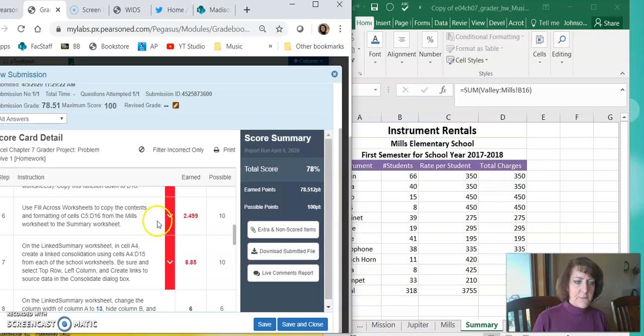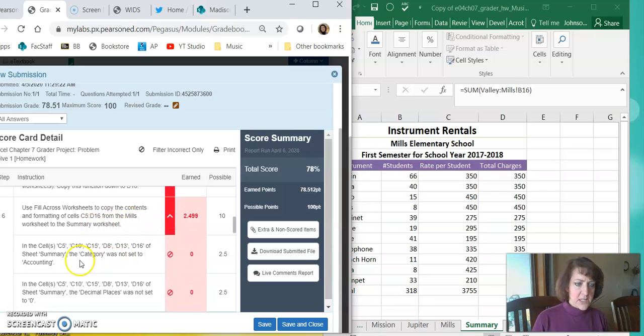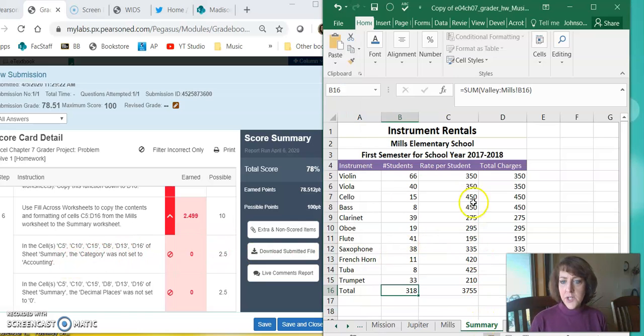Step 6, using fill across the worksheets. Let's take a look. There were quite a few points lost here. In cells C, C, C, D, D, D, the category was not set to accounting. So I'm in the summary sheet. I can see